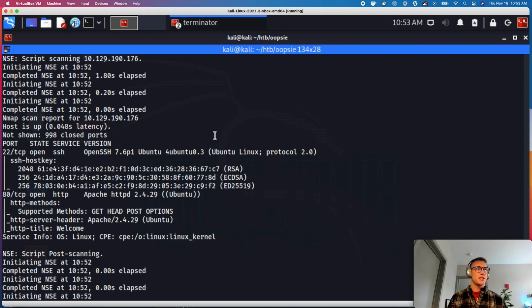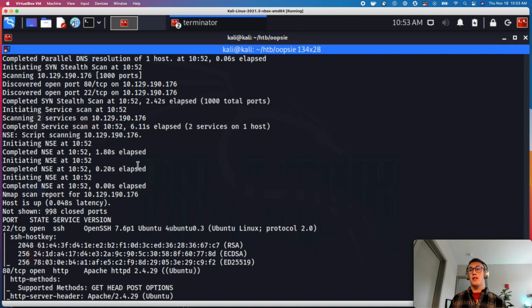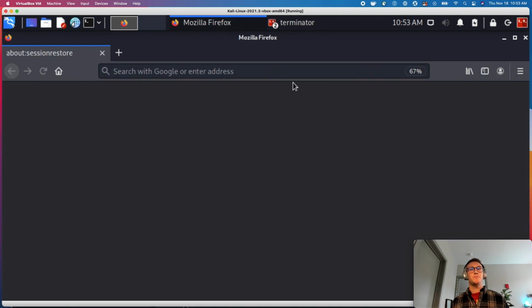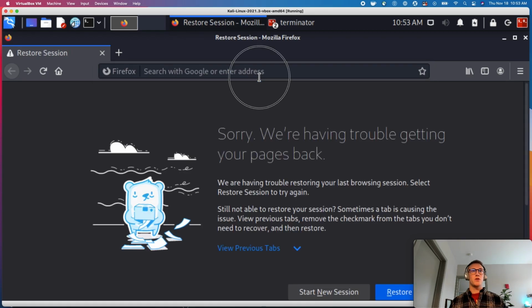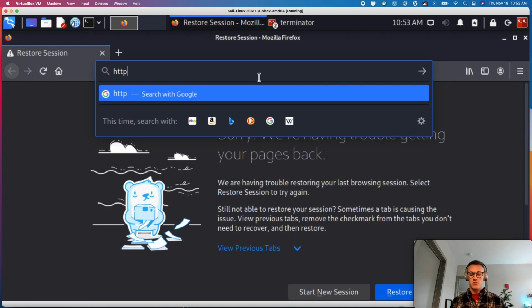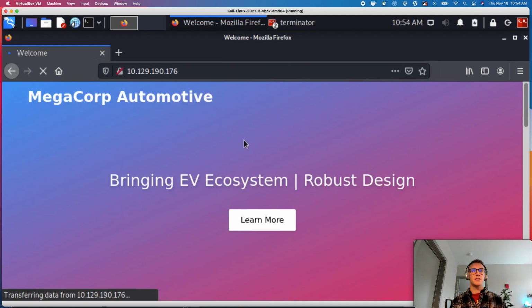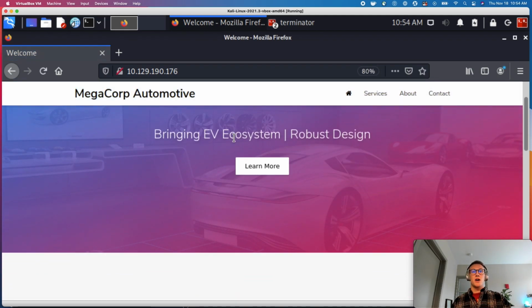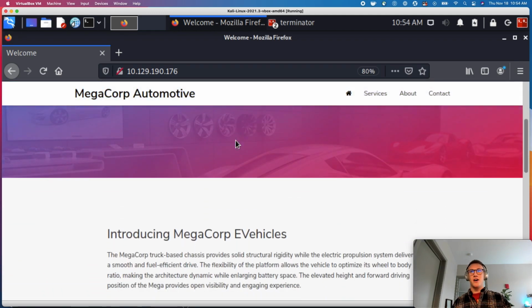So whenever I see that there is a web service open, I typically like to go after that first because there is a lot of different avenues that you can attack and gain extra information on a target just from web presence. So what we'll go ahead and do is we'll go over to our browser and we will just go to HTTP, and then paste our IP address and see what we have as the default page here. Okay, so I'm going to make this a little bit smaller so we can see what's going on. It looks like it's some sort of automotive